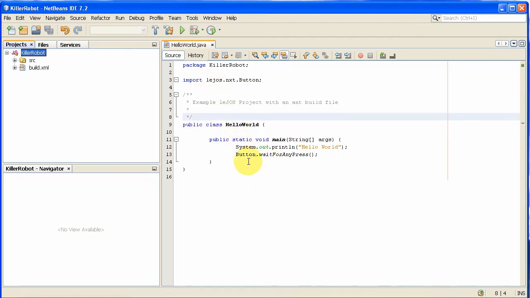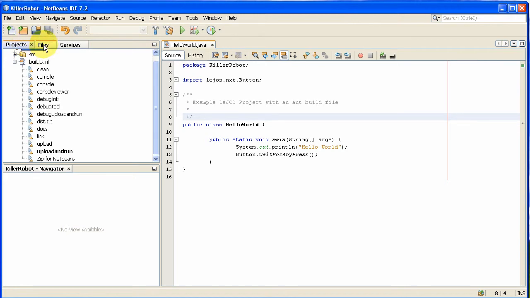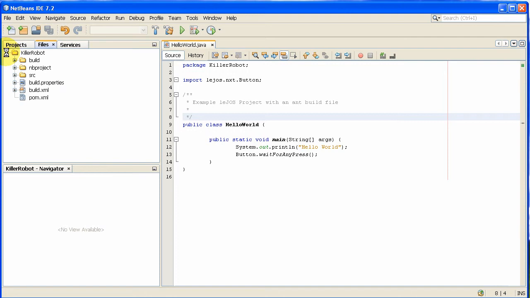There we are, because now it recognises the Legos button, and it'll recognise motor A, B and C and all that sort of stuff. So that bit's fixed for us. The next thing we're going to have to fix, however, is if we click on the second tab here, you've got project here, which is where we went most of the time. These are the actual files, and if you expand the actual files and click on build properties,